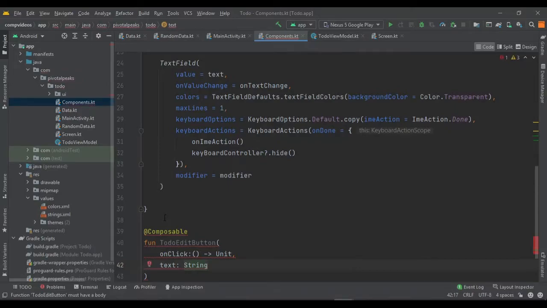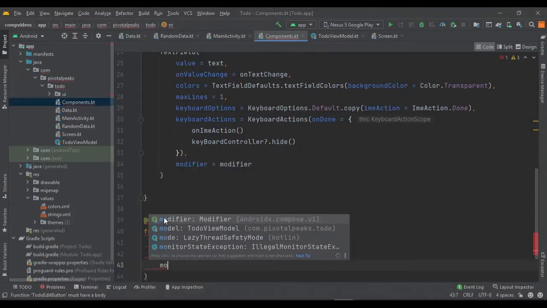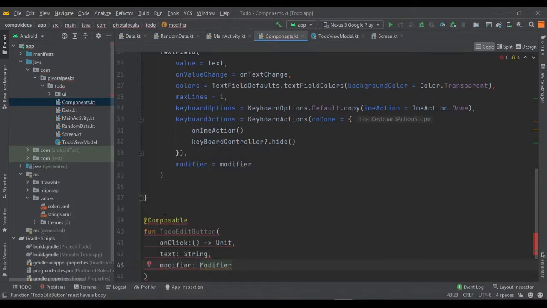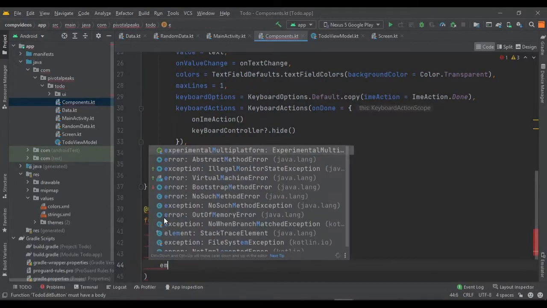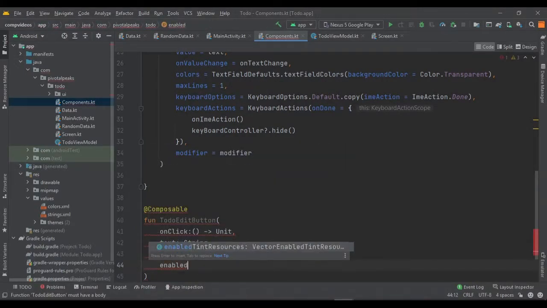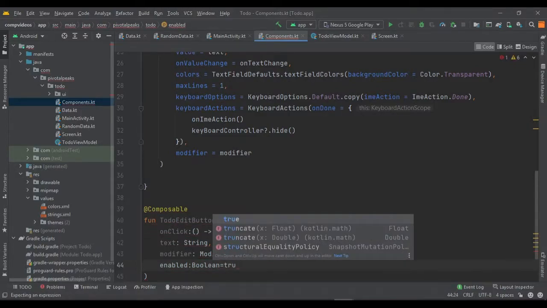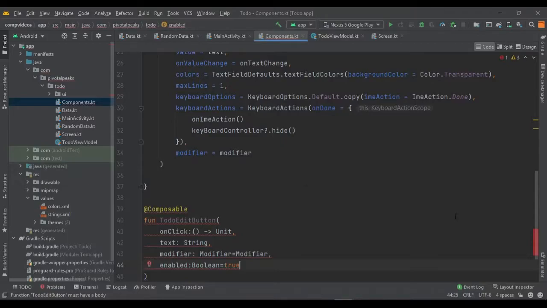So let's give it text of type string to name the button, and then we need a modifier to give it some styling, and we can also give it a boolean of type enabled to disable or enable it. So it's going to be type of boolean, and let's enable it initially.